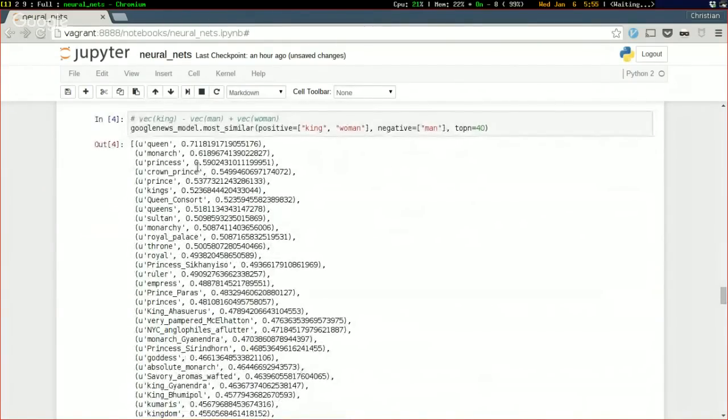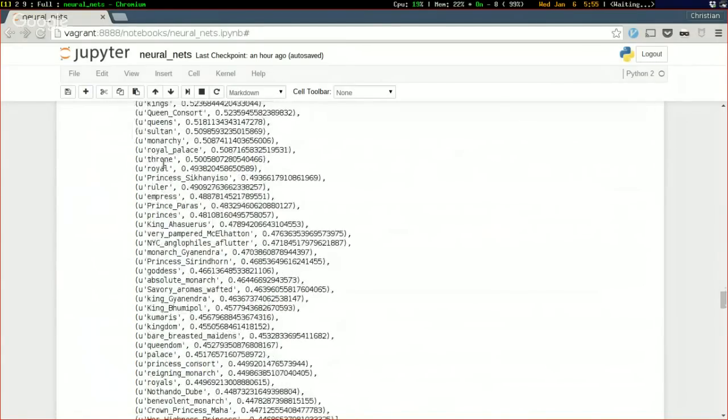And as we would hope from a reasonable analogy, queen is the most similar word to this resultant vector, which is really cool. And we also see that monarch is common, which is interesting. If we were doing this live in an exploratory fashion, the next question we might reasonably ask is,